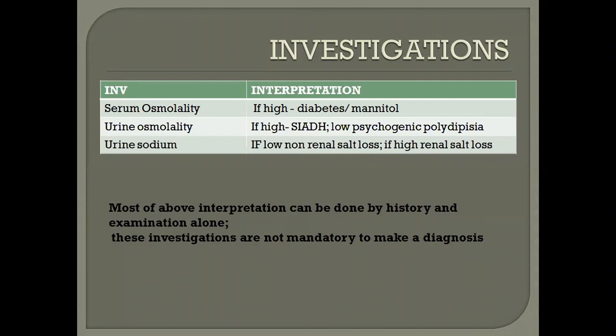Just by taking a good history and correlating it, diagnosis can be made and treatment can be started. But there can be some rare conditions in which you may feel stuck, and you can then order these investigations. Serum osmolality and urine osmolality are now available in DEM, and urine sodium also we can do. It's just the same machine; you have to put urine instead of the serum. So that we don't do usually, but if need be, if you ask for it, we can arrange for that also.